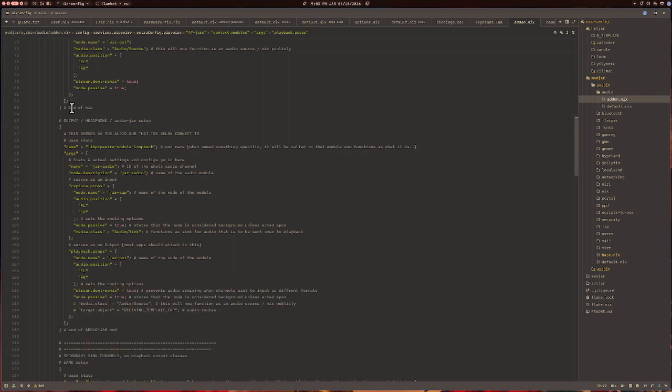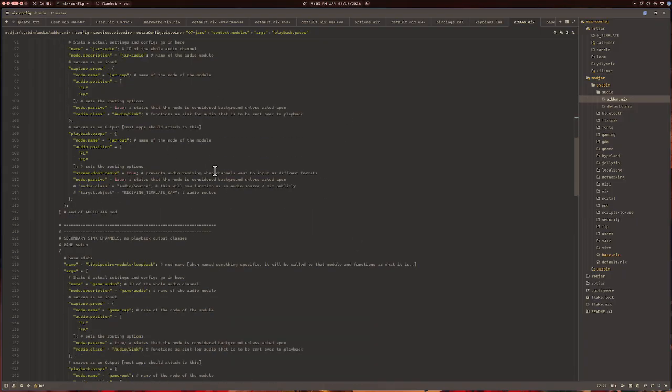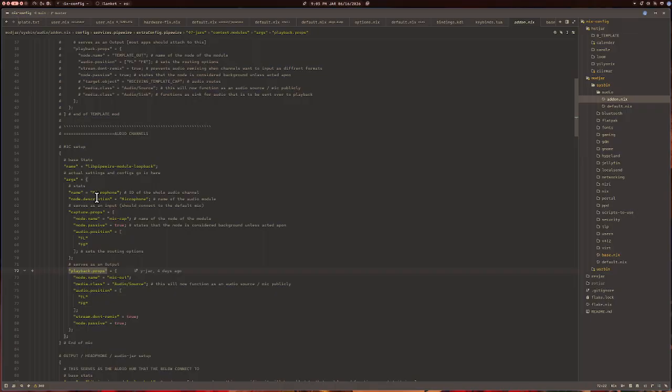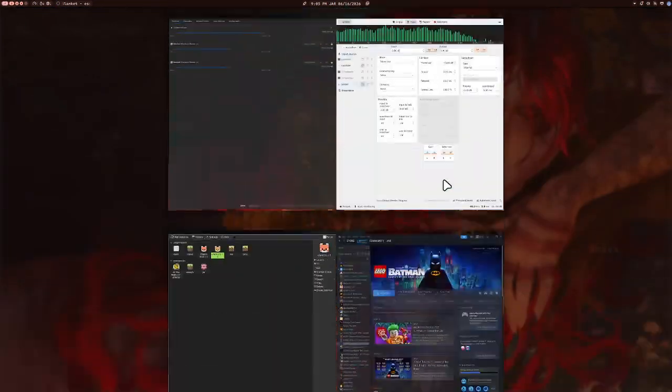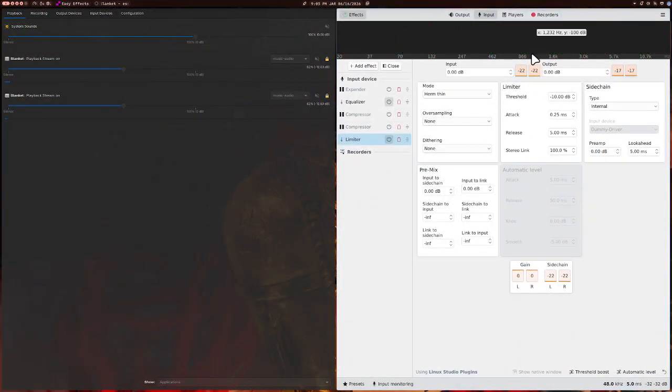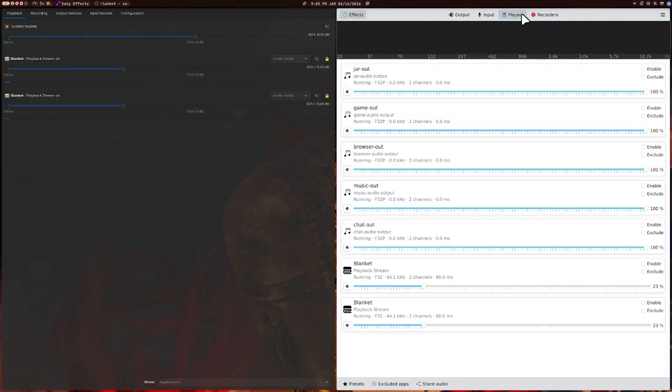So I just have two main ones. It's microphone and jar audio. Jar audio is kind of what grabs everything. And then microphone just connects my microphone, and then every other app uses it. So for instance, this app uses microphone. So if I go to